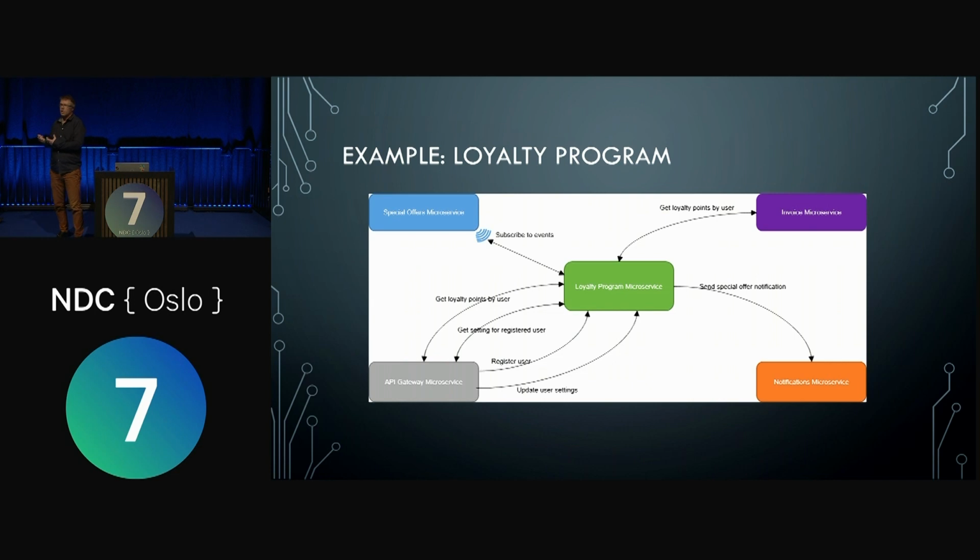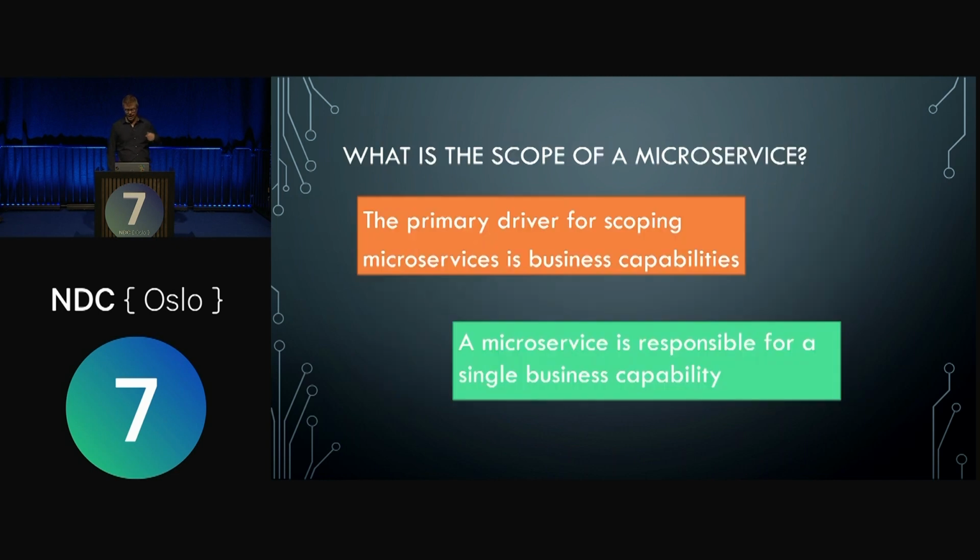So this is sort of an approximation, that loyalty program. That's the first approximation of how we might break a small part of this system into some microservices. This is trying to make it a bit more concrete what we're talking about. And why exactly that? Well, because the scope of a microservice should really be driven by business capabilities. So a microservice should be responsible for a single business capability. And this is important in terms of testing, because that means that now we're talking about something that we can talk about how it should work with, that isn't technical, it's actually business, and that's what we want to test. We want to test that capability.